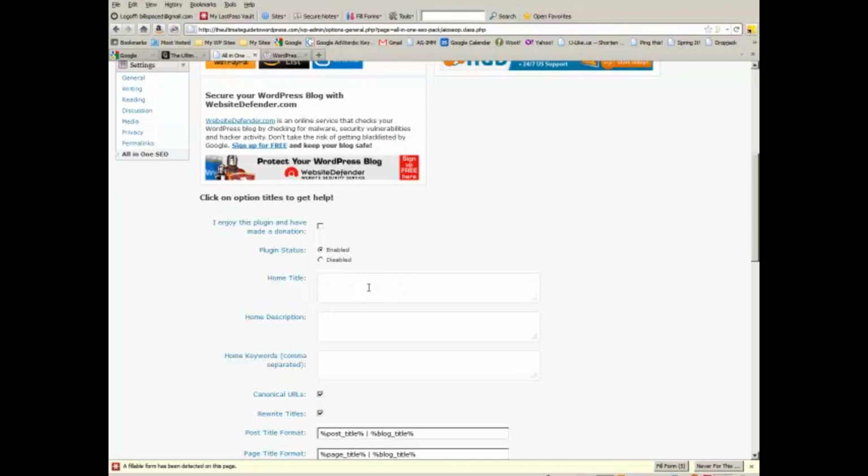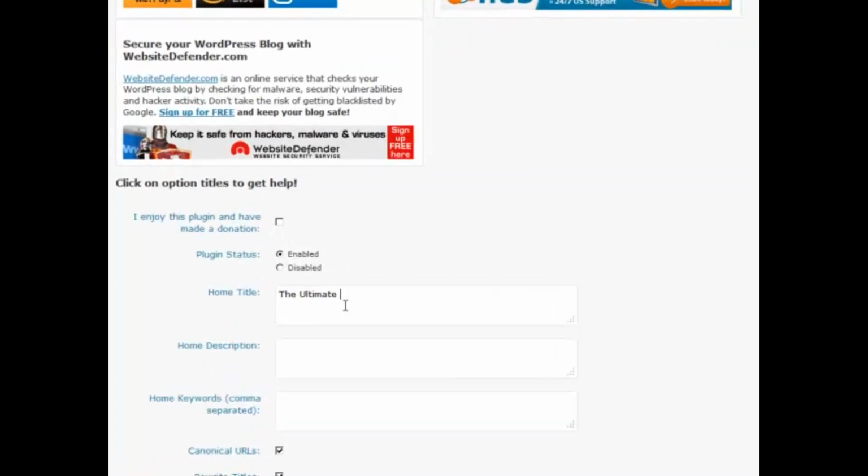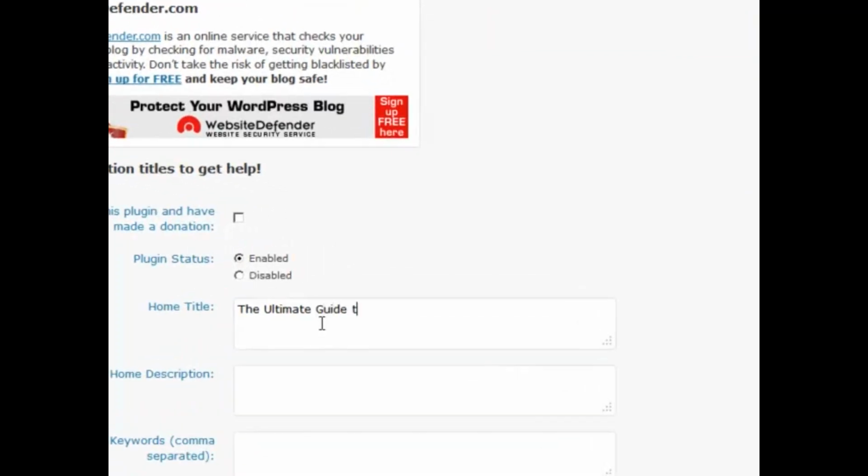So in my case, for this example, I'm going to type in the Ultimate Guide to WordPress. And then the home description is something descriptive. This is what's going to appear in search results on Google or Bing or Yahoo or any other search engine, right beneath your title. So for example, if we go to Google